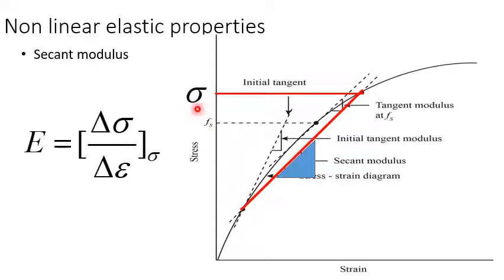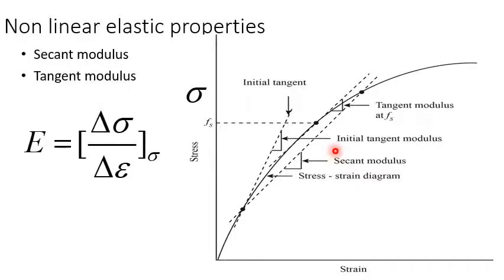Say, for example, if the stress is moved from this line to this line, then we are going to take the load at this point and write the equation. Next method: if you are not able to drop a line to a specified stress, then one more method is the tangent modulus.